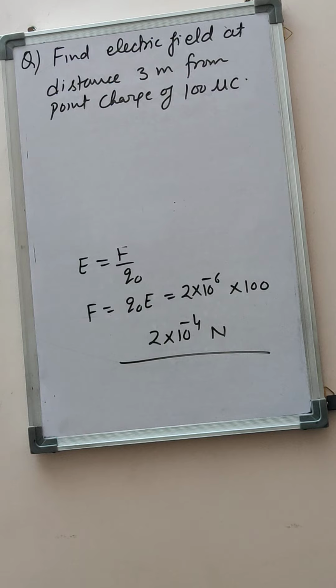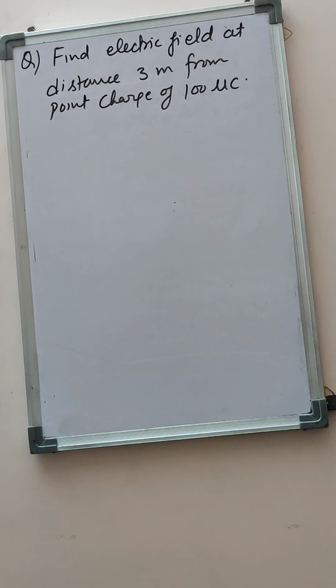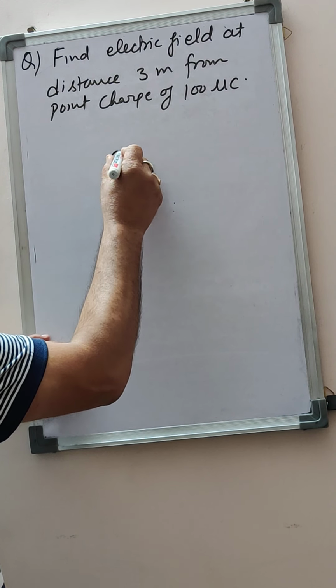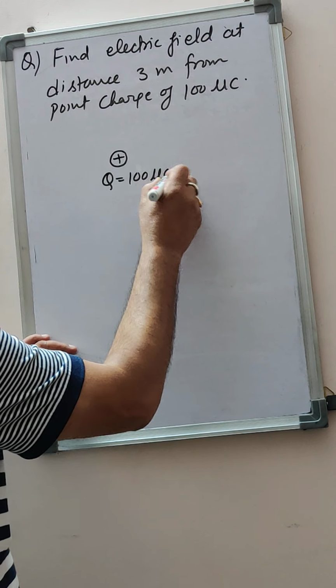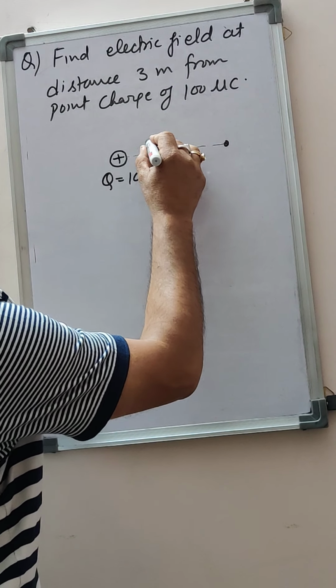You have to find electric field at distance of 3 meter from point charge of 100 microcoulomb. So now here you are given point charge 100 microcoulomb and you have to find the field at a distance